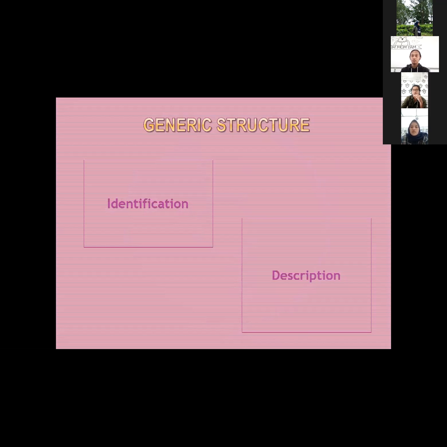There are two generic structures of descriptive text. The first is identification. Identification contains the introduction of a person, place, animal, or object that will be described by the writers. The second is description. The description contains a description of anything that is related to what the writer will describe.